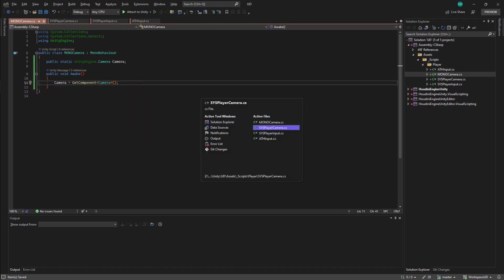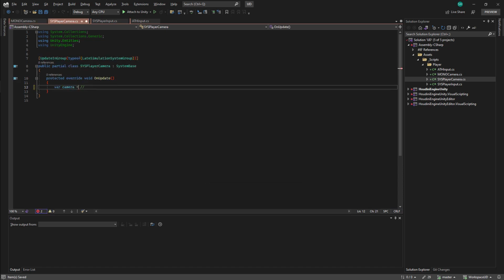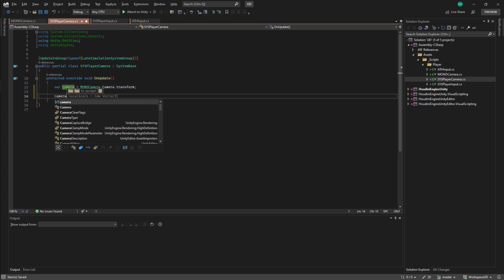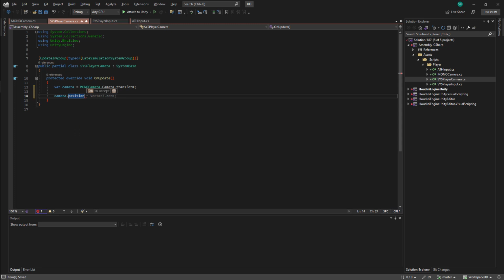I can now return to my system, and I'll get my camera with MonoCamera.camera. In this case, I'll actually be getting the transform for the camera, so this will actually be MonoCamera.camera.transform. We can then test if this is working by updating the position of the camera. This will be done with camera.position. We'll use a vector to set this, so this will be new Vector3. The x-axis will be